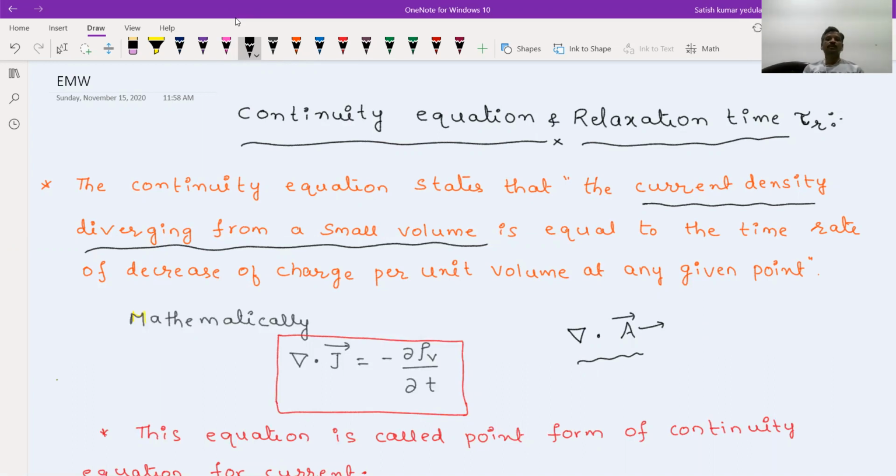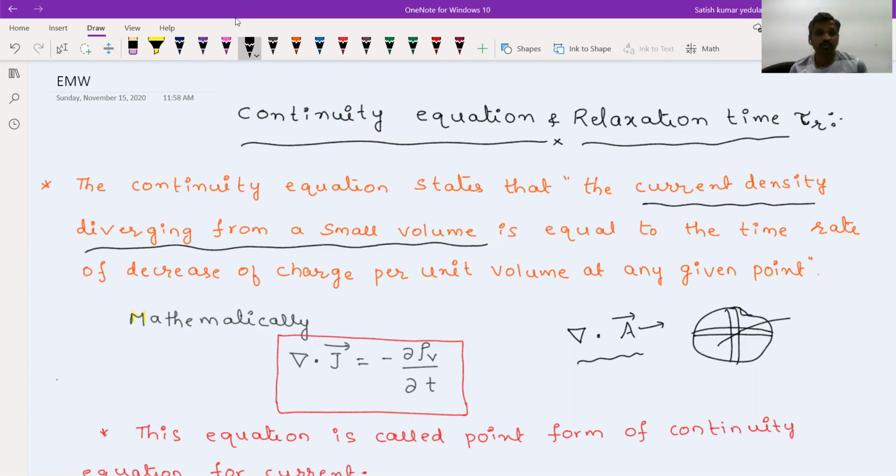If A is a physical quantity which is coming out of any closed surface, see, if this is a closed surface, and any physical quantity is coming out of this particular closed surface, it is nothing but diverging from this particular volume, because there is some volume which is always enclosed in a closed surface. That's what the divergence theorem is relating. The divergence theorem is always between a closed surface and the volume which is present inside the closed surface. That's what is mentioned here.